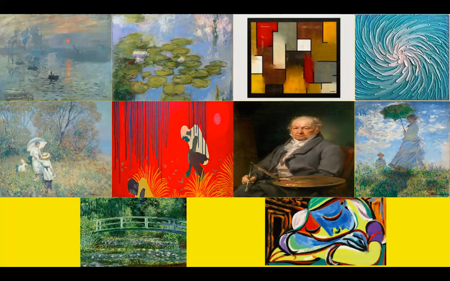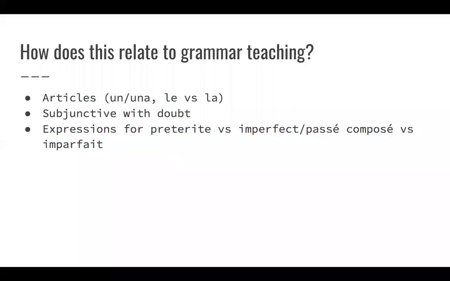So then I can display all of these paintings at once, and we can talk about what those characteristics are that make something yes. Can you find a better way to describe those yeses? Then we have our nos. Can you find a better way to describe the nos? Or what makes it a no? How did you know it was a no? How did you know it was a yes? And then at the end, I can kind of fill in the gaps and be like, all of the yeses, we actually call those Impressionist paintings. What you were able to pick up on in terms of the styles, that's going to be a yes example, and those are Impressionist. So in terms of how we bring that back to grammar teaching, these are the three